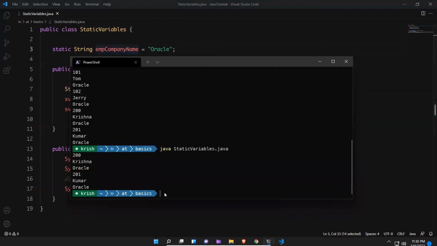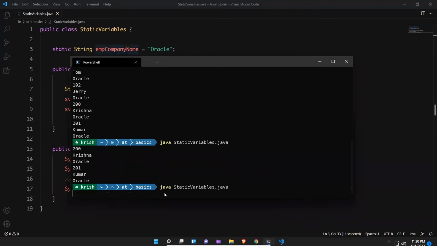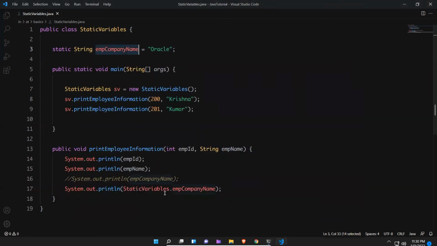If I try to execute the same, I'll get the same output. Okay, but what is the advantage of these things? I can directly use the company name, then why use this? I'll tell you why. But before that, if one thread changes the data, other threads will get affected, right? That we discussed. So what I'll do now,